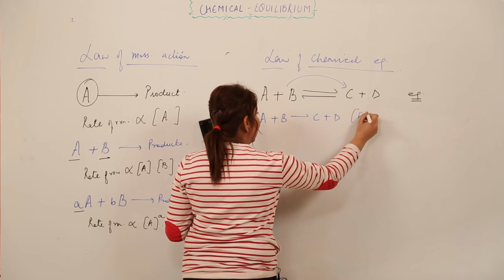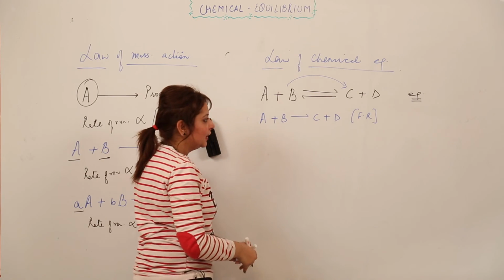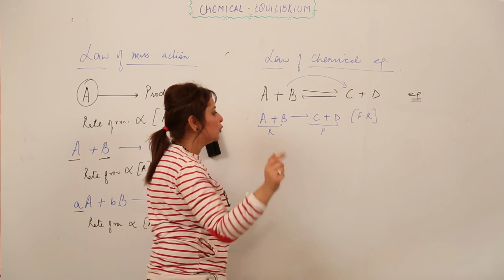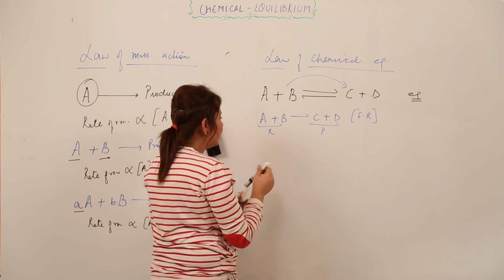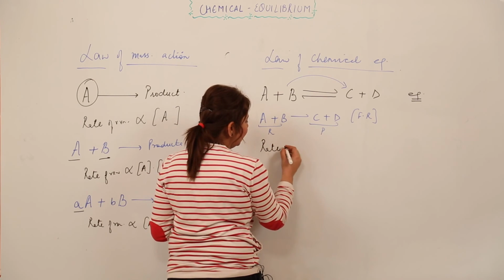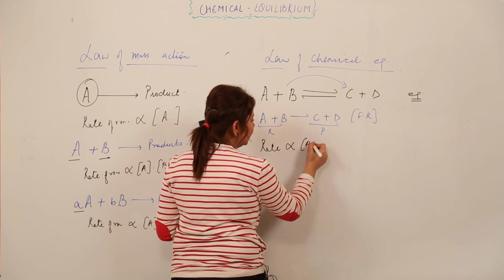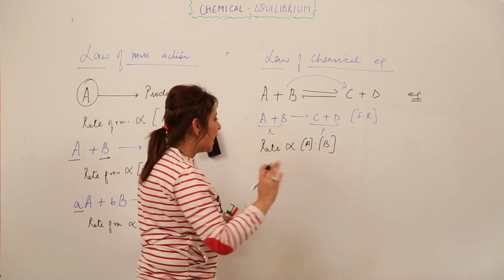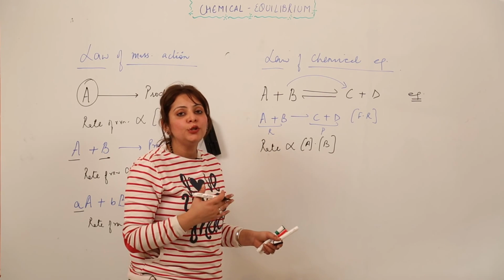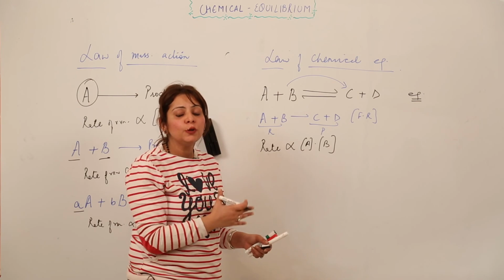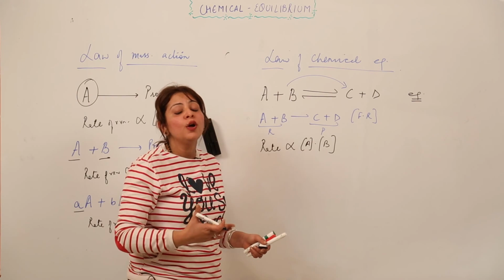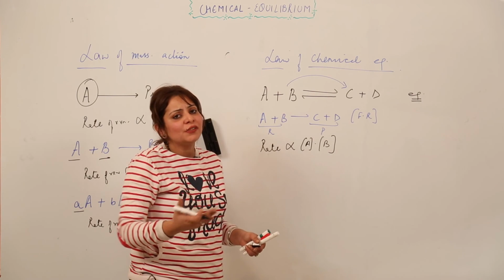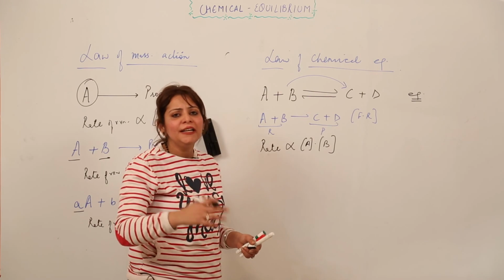So this is a forward reaction, right? So what do you get to see in this? In this, these are reactants and these are products, right? So as I told you, according to the law of mass action, the rate of reaction depends upon the active masses of reactants, that is A and B, what you have in this case, right? Is it clear with you? I'm just removing the proportionality sign because we cannot use the proportionality sign in the formulas. We need to convert into the equal to sign, and for doing so, we need a constant, right? And sometimes the constant has a specific name or units, and sometimes we just write the k, that is the constant of proportionality, or any other alphabet is used.